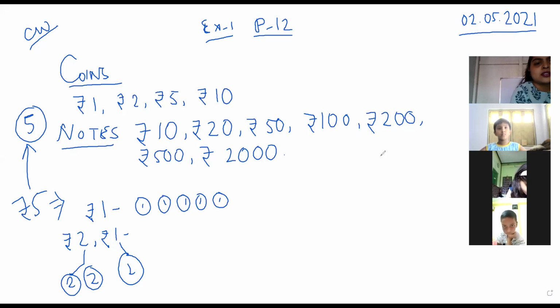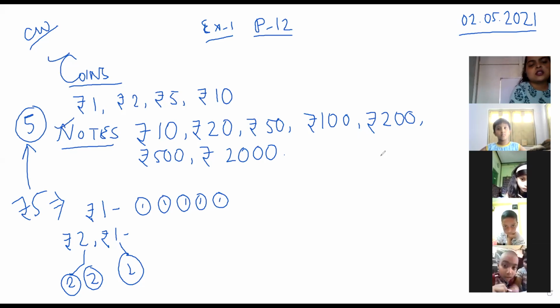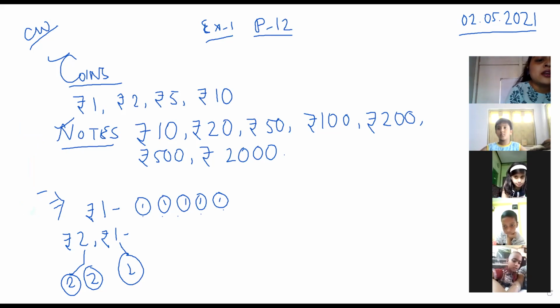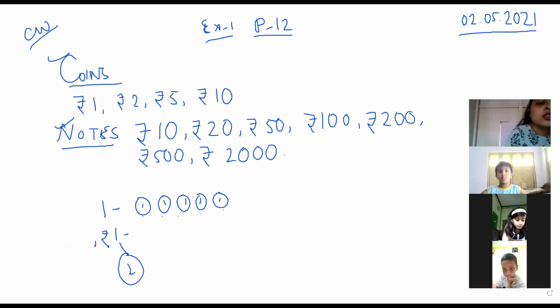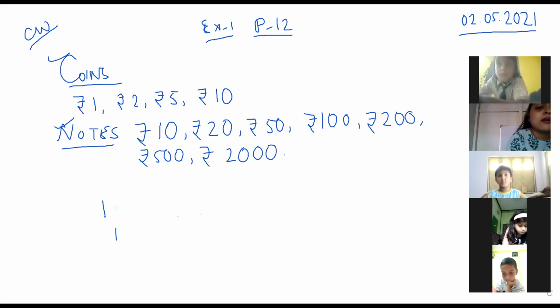Right? No need to write this thing. Only write coins and notes. These are the things you need to write. Okay. So here, if I say I'm giving you rupees 5 in 5 rupees coins, how many total coins did you get? You will say, ma'am, I got 1, 2, 3, 4, 5, 5 coins. Very easy sum. All of you understood? I hope so. So I'm rubbing this part and going to the next sum, that is sum 37.